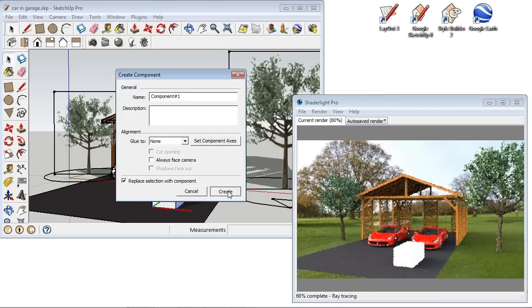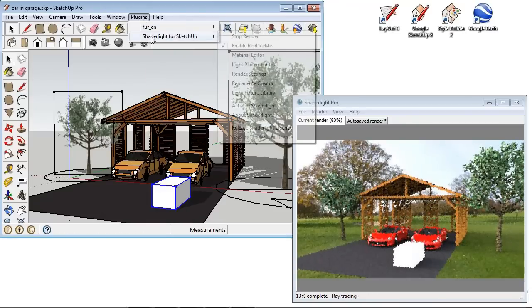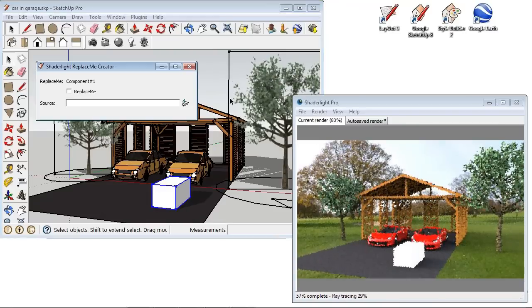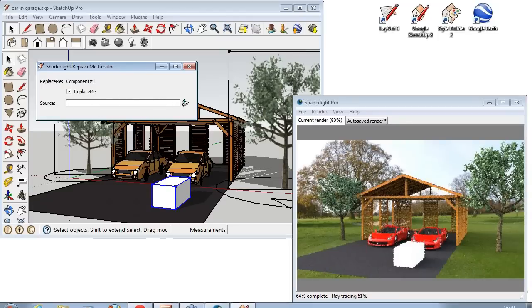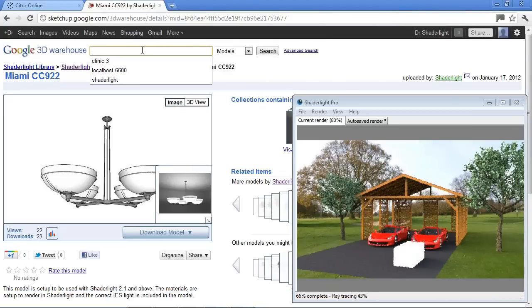I'm going to go into my Replace Me Creator, and I want to replace component 1. I should have named it, and that would have come up there. And I can then replace that with any SketchUp model that is on my computer, or I can go onto the warehouse. So if I search on the warehouse, let's say